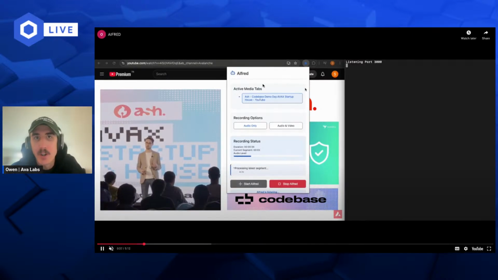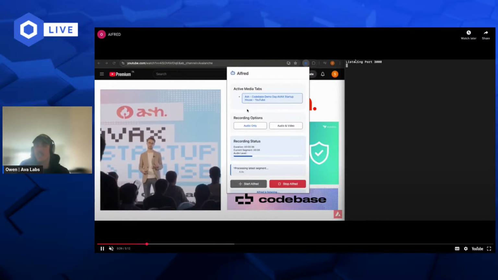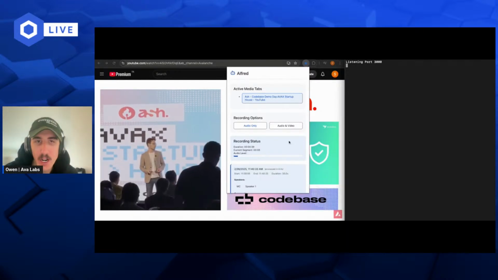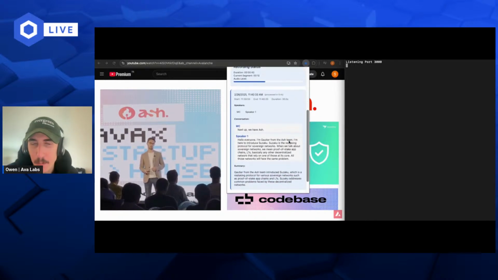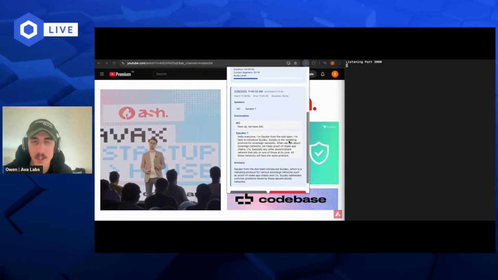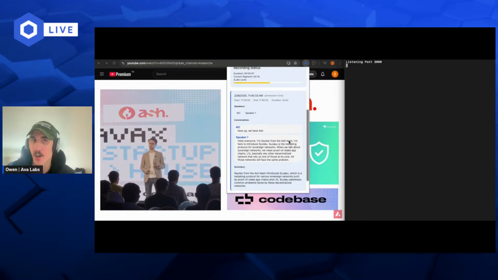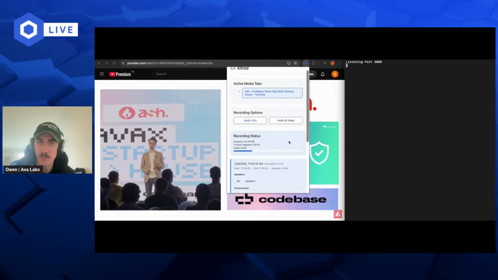I'll mute it for now, but if you give it a second here, you see the browser extension is transcribing the audio. You can see it right there. And in a second here, it's going to pipe it over to the terminal on the right-hand side and start processing these transcriptions and asking questions about the project.